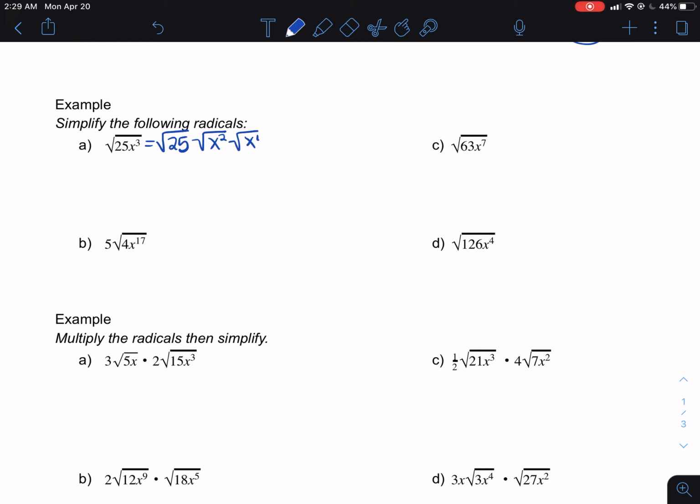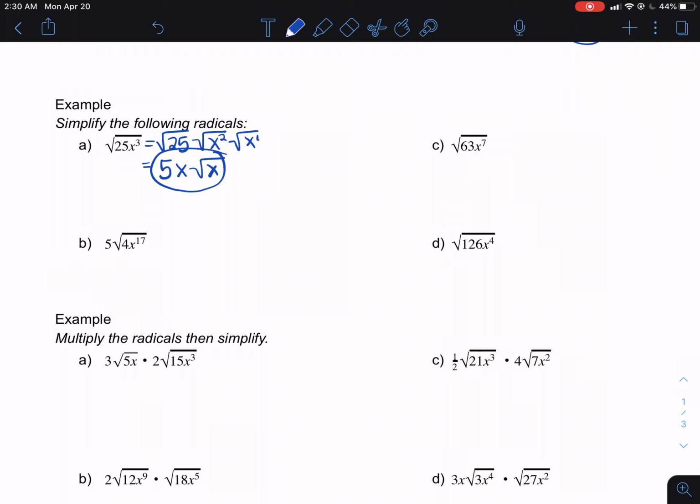And if we simplify this, the square root of 25 is 5. And the square root of x squared is x. And we don't know the square root of the single x. Okay, so anytime we're looking at taking square roots, we're always figuring out how many pairs go into it